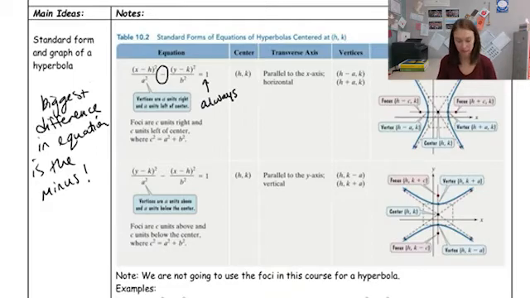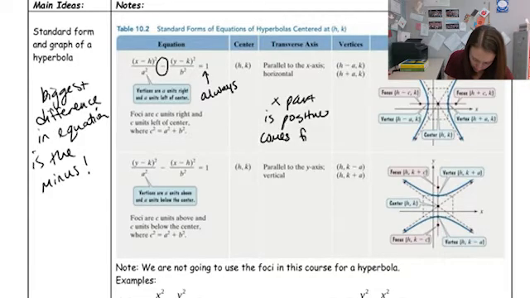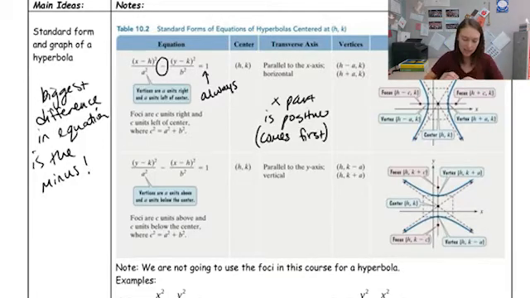Now, graphing, it's also going to be a little different. The vertices and the direction that it opens, so our hyperbola either opens to the side or it opens vertically, and the direction that it opens is based on which part of our equation is positive, or which one comes first. So if the x part is positive or comes first in our equation,